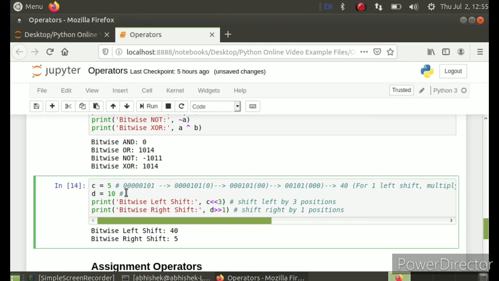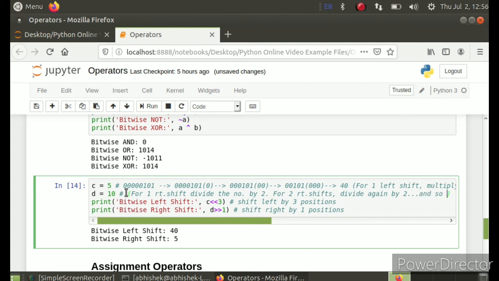Okay, and similarly, in right shifting you have to divide the number by 2 for every shift. For one right shift, divide your number by 2. Whatever result you obtained, again divide it by 2 if another shift is required. For every shift you simply have to divide your result by 2 for right shift, and the result you obtain will be a floor division result. It means the decimal part will be ignored.